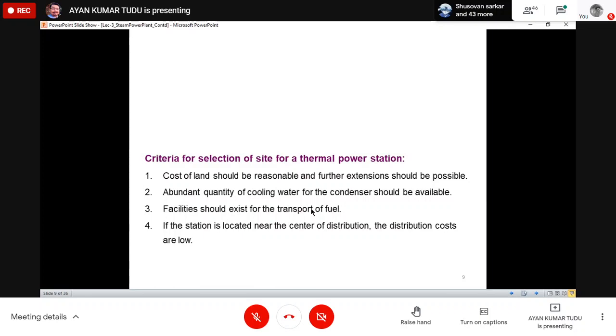What is the distribution costs? We'll be doing a design in your third year second semester classes, which is known as a power system design. We will be designing the distribution system of a typical town. Okay. So we'll be seeing that the distribution cost is basically the cost of the wires. Okay, the cost of the wires means cost of the distributors from the substation to our local transformers.